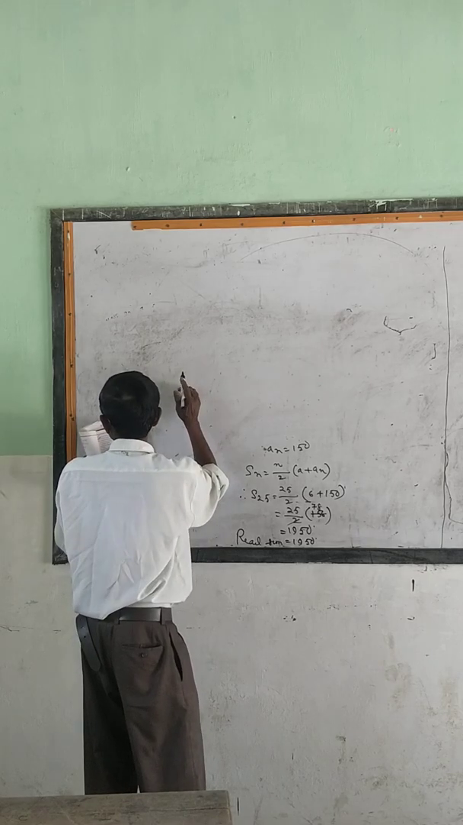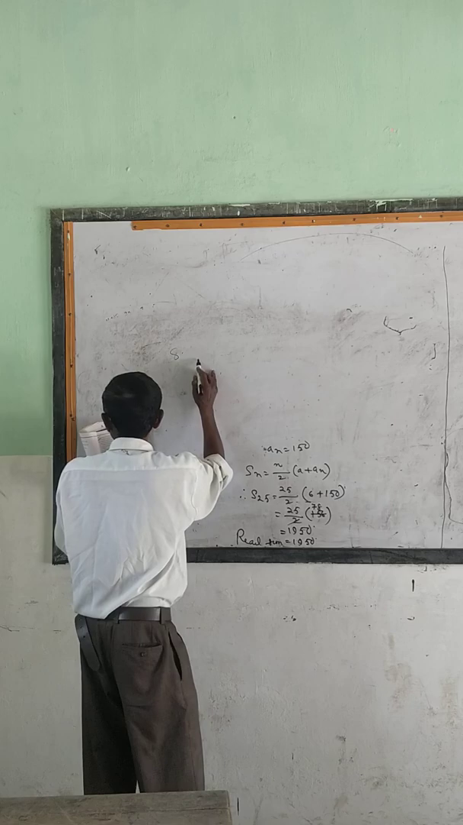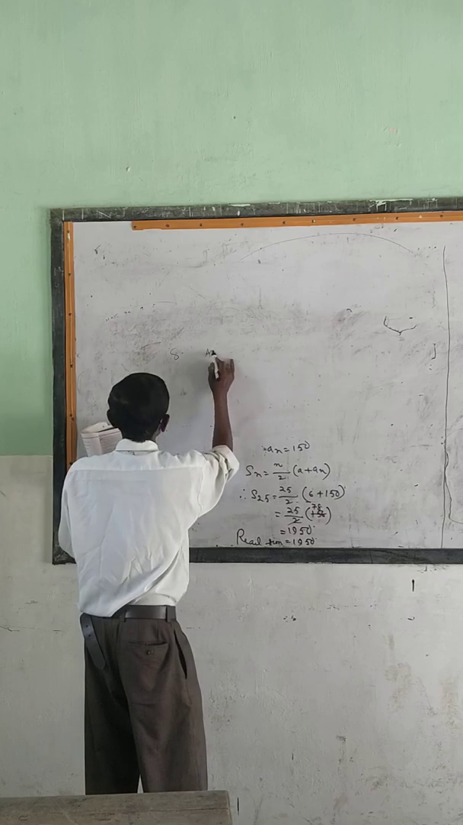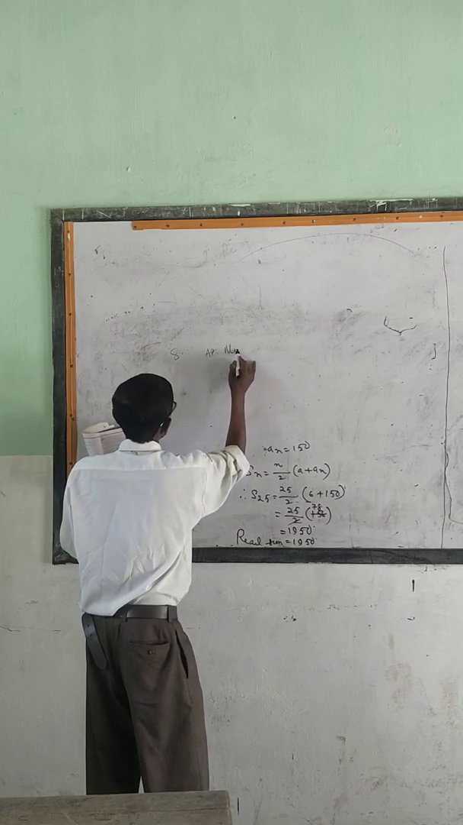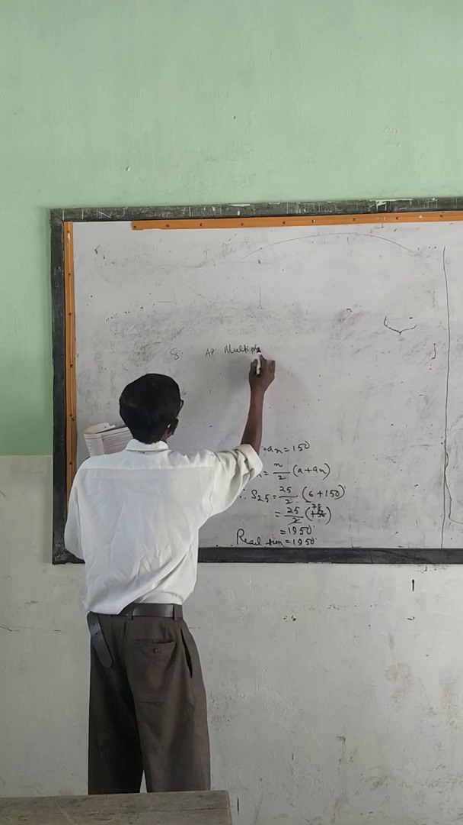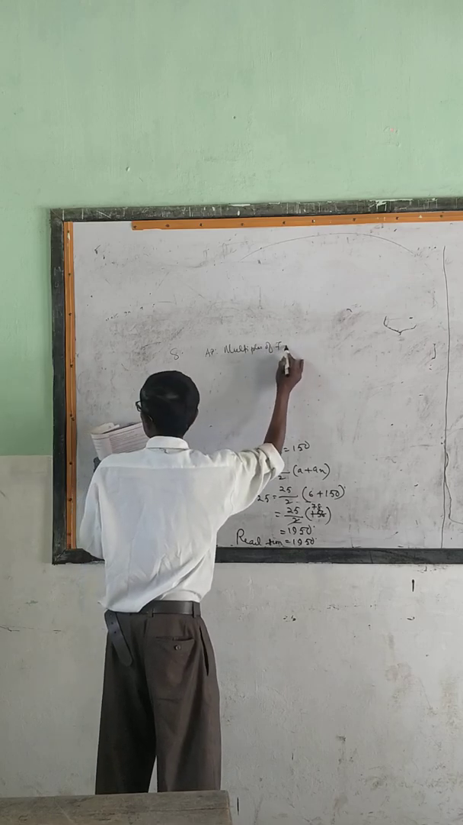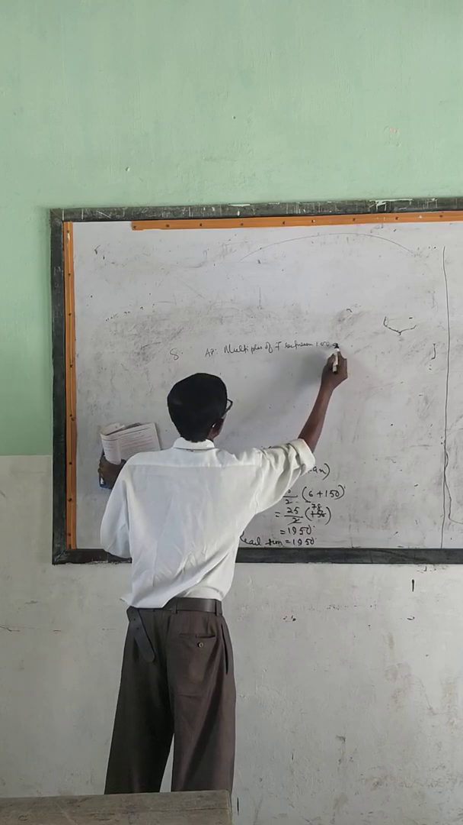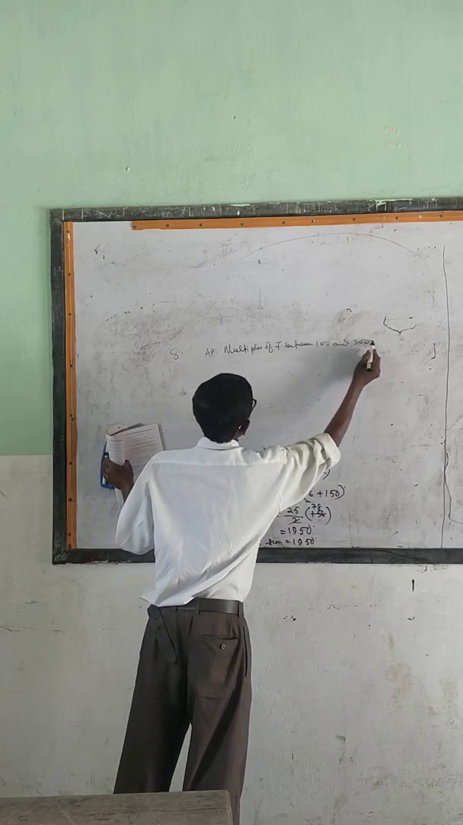Sometimes they used to ask this for 1 mark, but the method I am going to solve is for a 2 mark type question. AP: the multiples of 7 between 100 and 300 are...